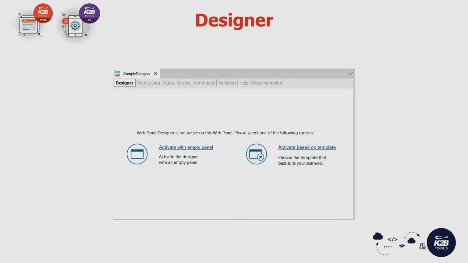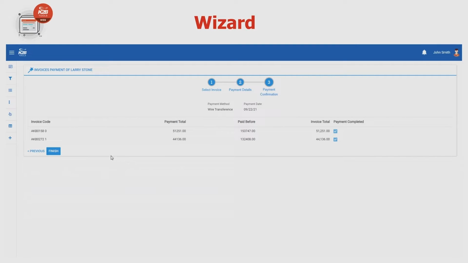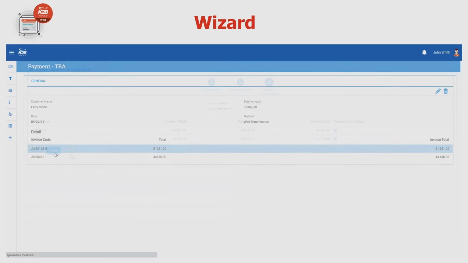We have in our systems interfaces that are a bit more complex and that could not be associated to entities. So for example, maybe you could need to have information about the services of applications. So you have this designer tool that will allow you to build responsive web applications and native applications for smart devices. An example of these interfaces that you can build with a web panel designer are, for example, the wizard